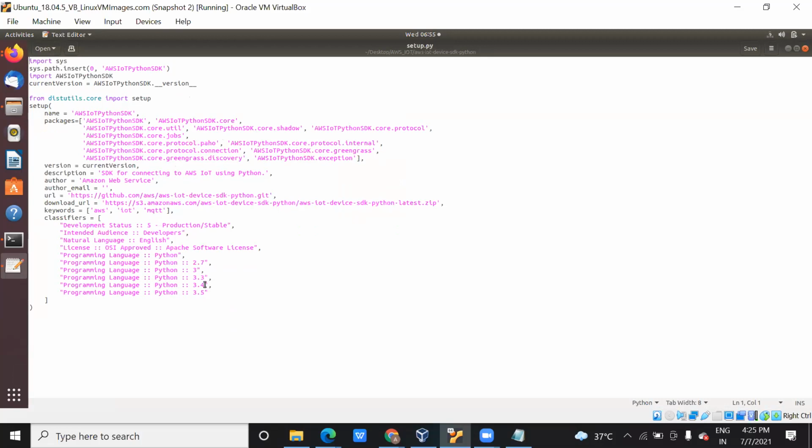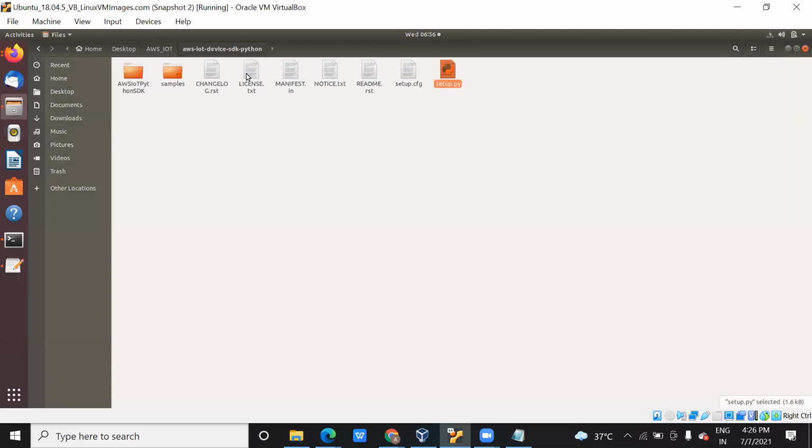Now you can see what is written here. It is a simple Python program where they are doing a setup to connect with the Amazon Python SDK. SDK is a software development kit, meaning this folder is downloaded on your system in the form of a development kit. It is nothing but a folder. When I open this, it's a single folder having all the configuration files that will help you to run a software on the system. You can think of it as a final folder having all the configuration files.